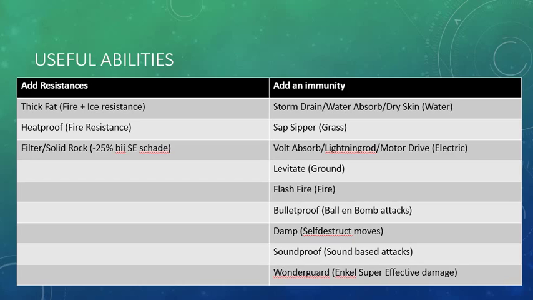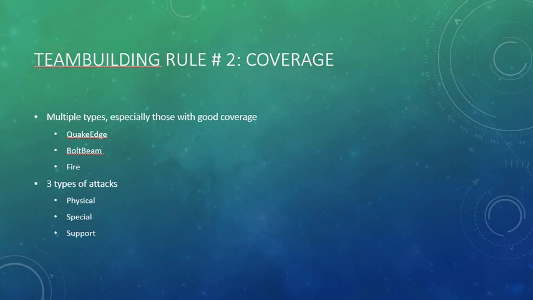So those are some useful abilities. Now, we're already 20 minutes in. The second rule of team building is coverage. What coverage means is that you need a range of attacks that can take care of multiple types. So we have 18 types to cover. Not all of them are really that important. But sometimes you need to know that there's a certain type that can hit multiple Pokemon for super effective damage. And so the rule is that you need multiple types of attacks,